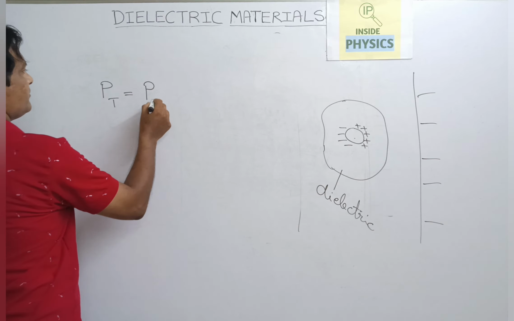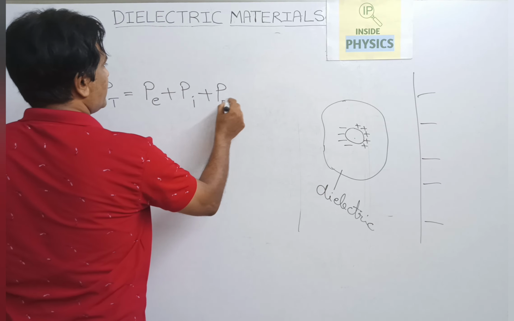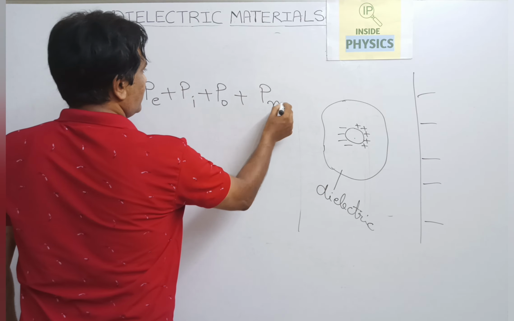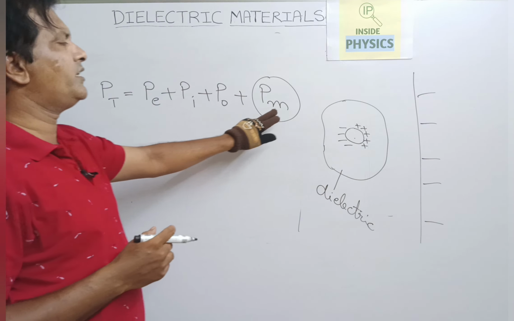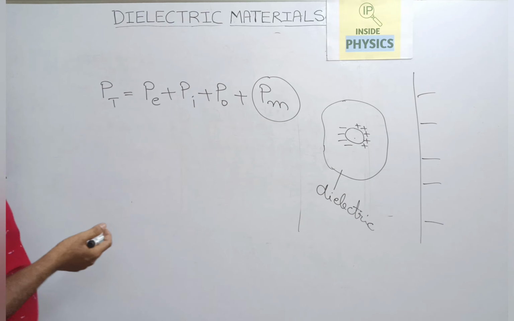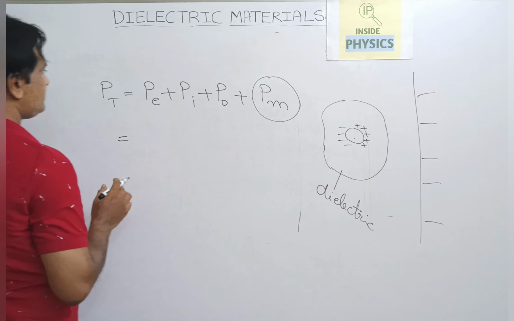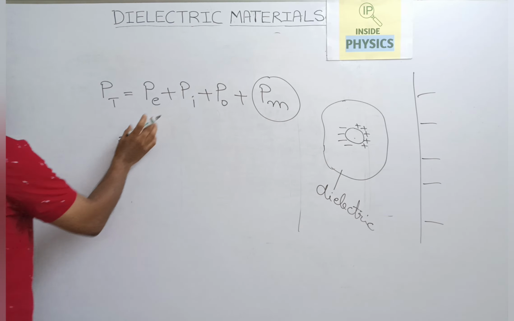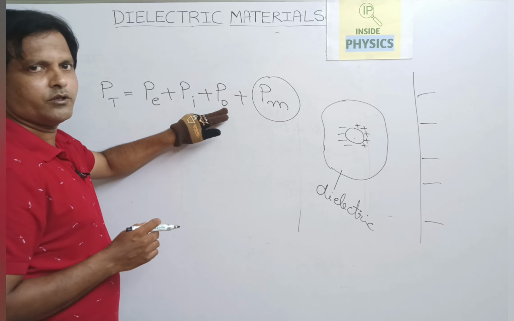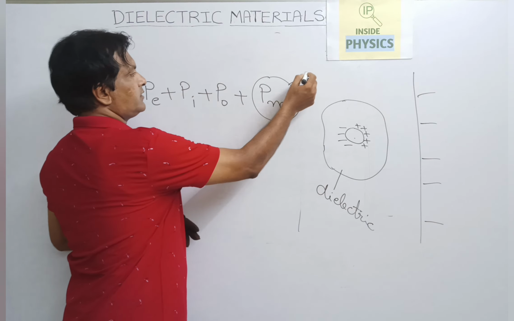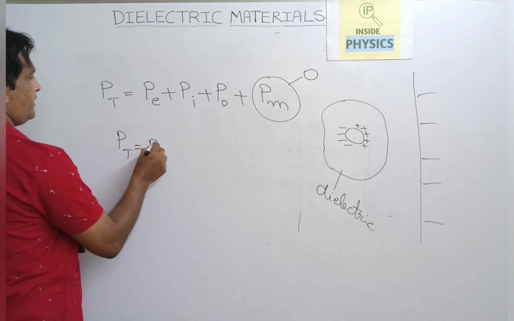These all add up. The migrational we don't consider because, compared to the other three, its contribution is very negligible. For the electronic polarization we already have a mathematical relation, and the ionic polarization is considered to be 0. So what we can write ultimately here,